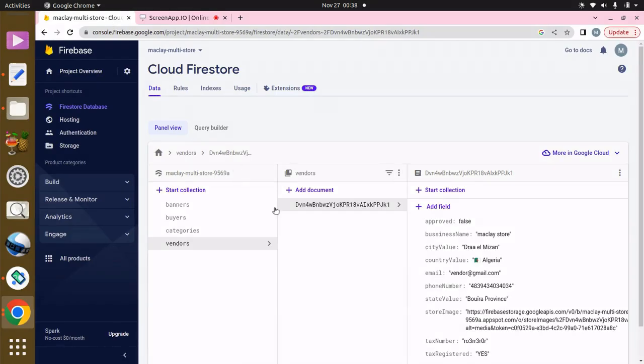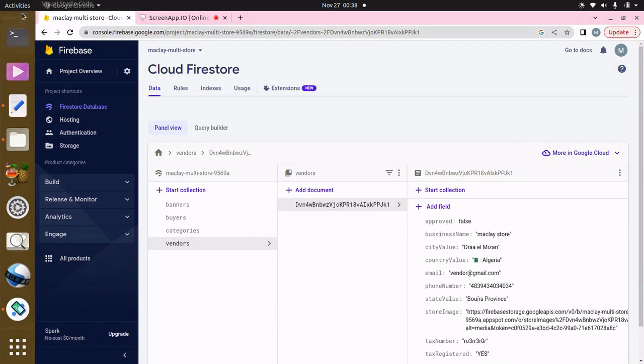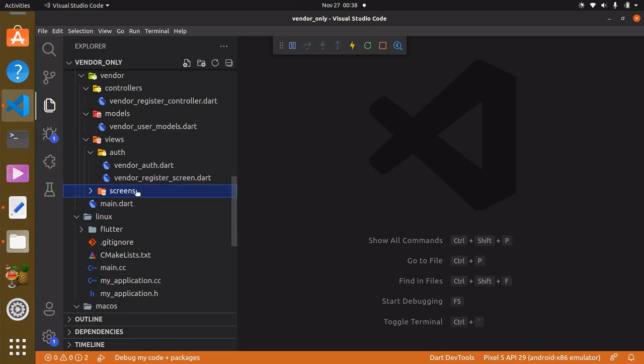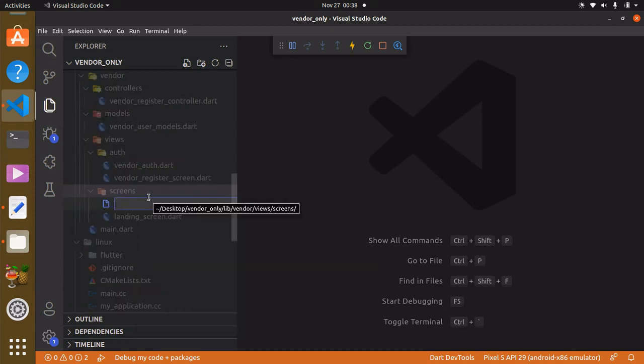Hey, welcome. In this lecture, we are going to be able to either approve or reject new vendors. Now, in order to do this, we have to go back to our VS Code. And what we want to do is, immediately the vendor gets approved, we then want to take that vendor to a new screen. Now, what we can do is, within the screens folder, we can create a new file